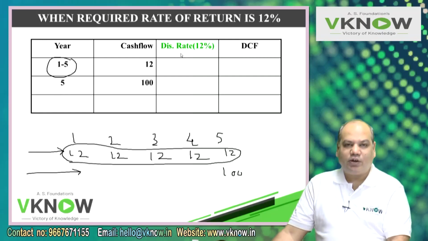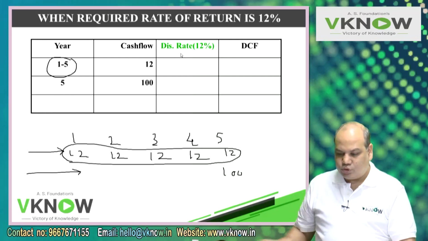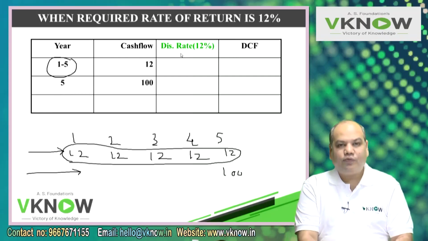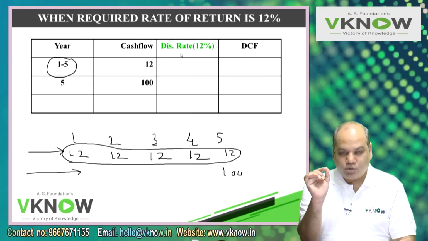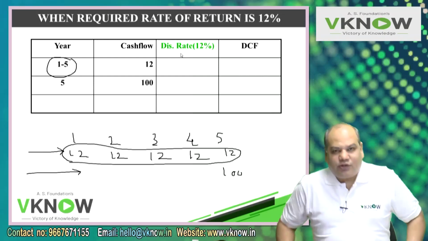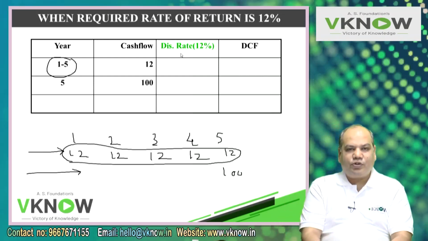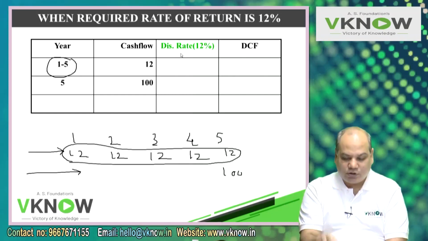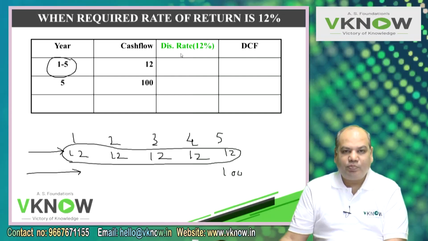Now what you do, calculate the annuity factor on your calculator. Those who know how to calculate, go ahead, and those who don't know, follow me. There are two types of calculators, one which has the GT function. First I am going to explain to those students whose calculator has the GT function: 1 divided by 1.12, press equal to 5 times and press GT. So you will get this annuity factor there.